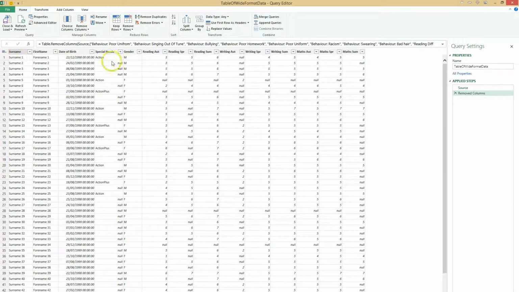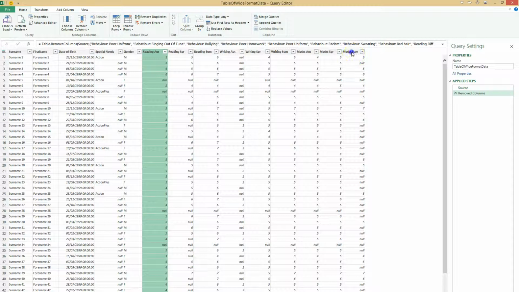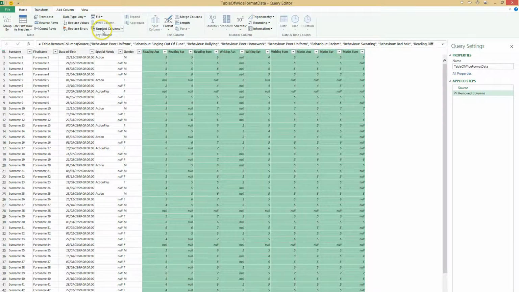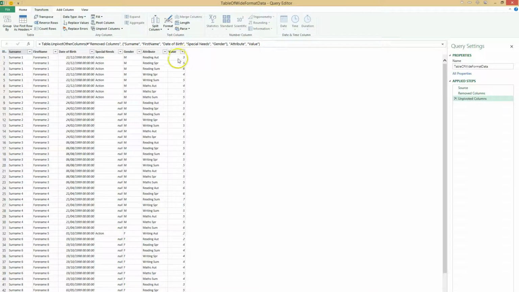So I want to kind of flip this data. At the moment I've got one line per pupil. I want to take these columns here and do what Microsoft refer to as unpivoting. So in fact, yeah, unpivot. So this has now taken all the column headings and it's put the column headings here. So every child, we notice we've got more than one record per child now, but every child has got one row for every column heading that they had data for, along with the data value there. So some kids have got more rows than others because some kids were missing their maths in autumn and all this sort of thing. But essentially that's what we need,